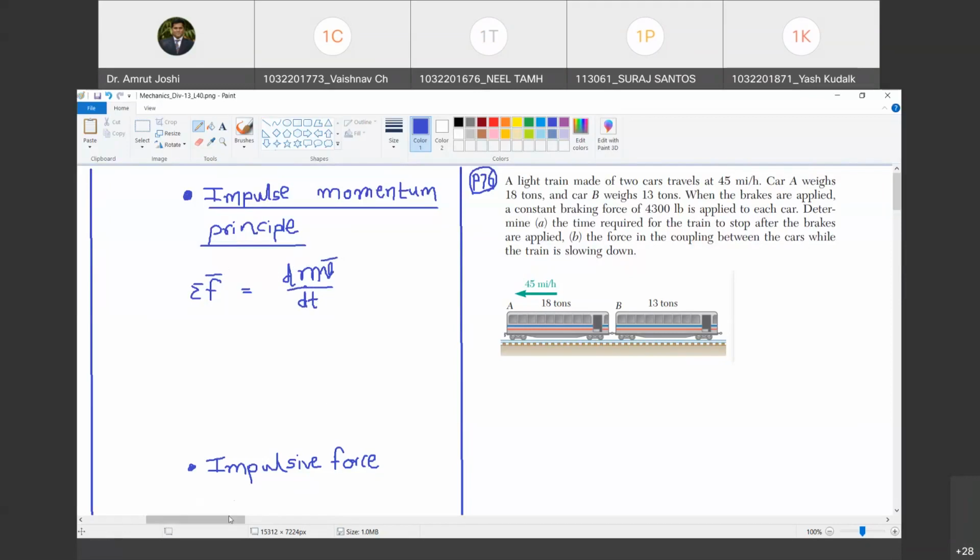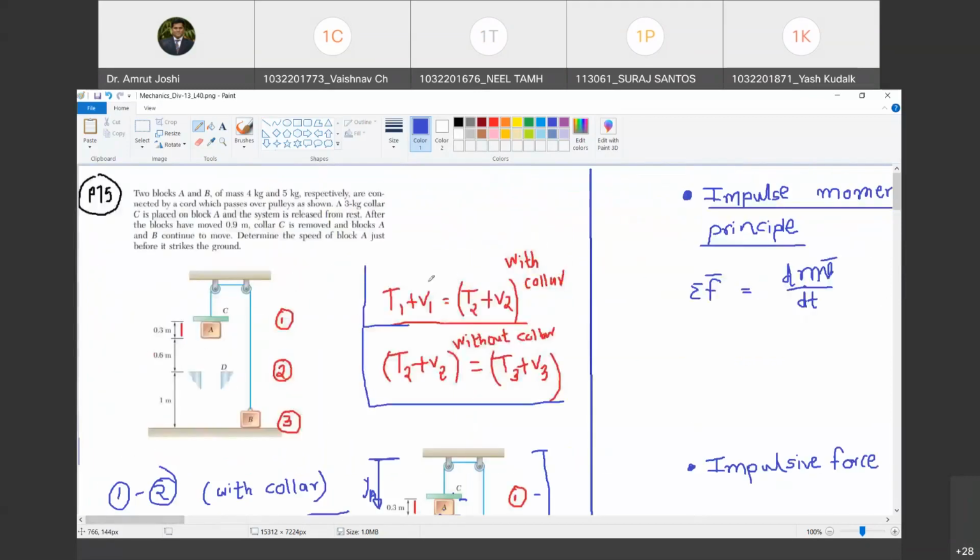So in work energy principles, we were dealing with scalar quantities. So therefore, we used to get the magnitude of velocities and everything. Direction was never the outcome of work energy principles. Do you agree with me? Yes, sir. Direction you had to be sure. Which direction? For example, this block A is going to move down. You should know that. Only its speed could have been evaluated using work energy principles.